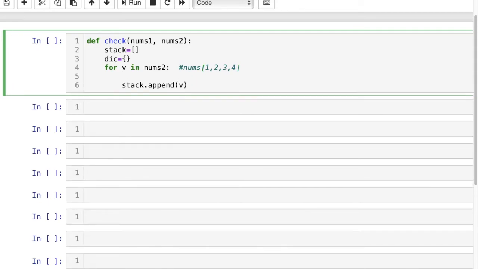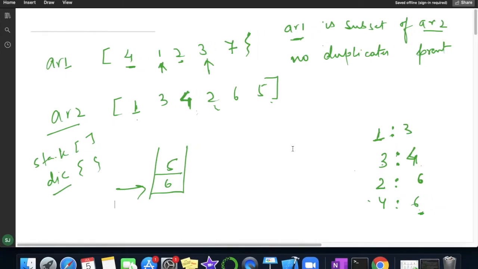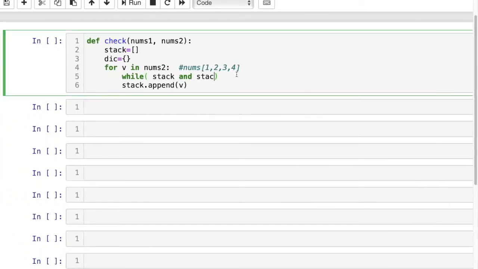So we will check while the stack is not empty and at the same time the stack value, means stack of -1, is less than the upcoming value, which we have written here as v.